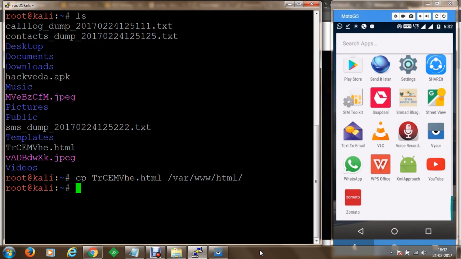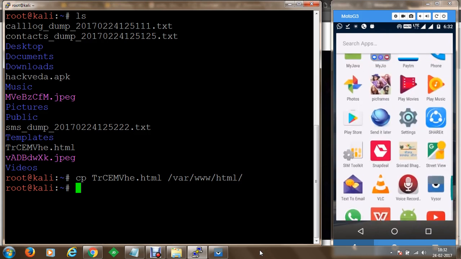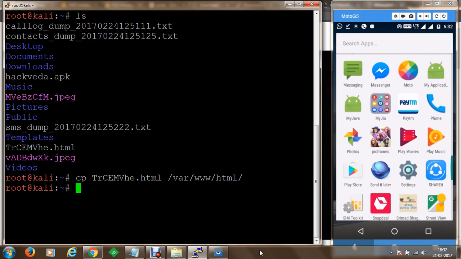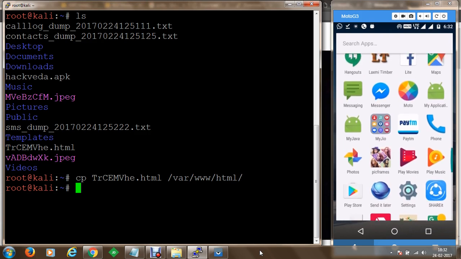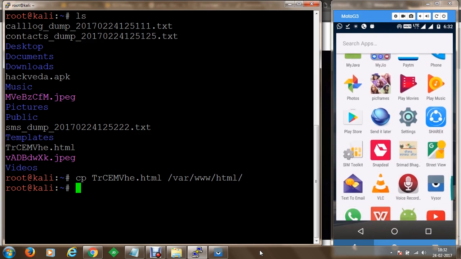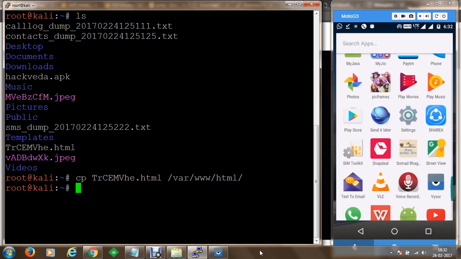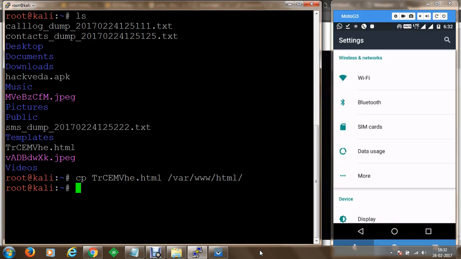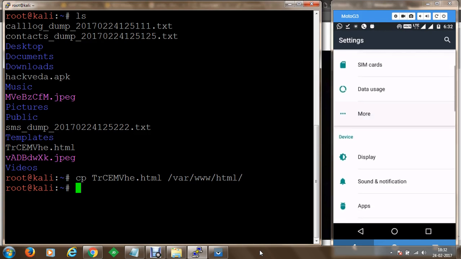In order to protect the devices, you can force encrypt your devices, which is available in the settings menu. You can go to your settings option, and once you have opened settings, you can go to security.